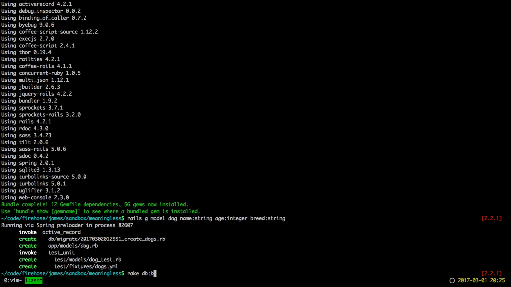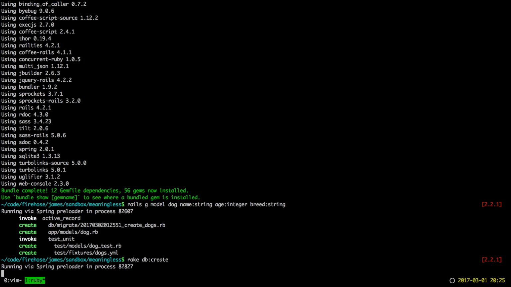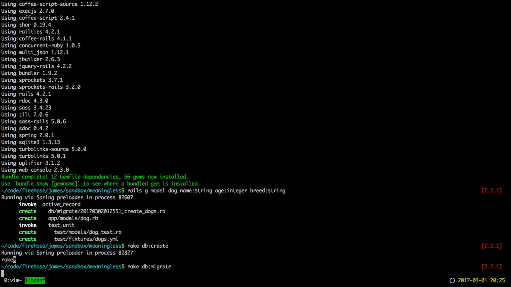And rake db:create, rake db:migrate. And so now we have this dogs table in our system, and the dogs table has